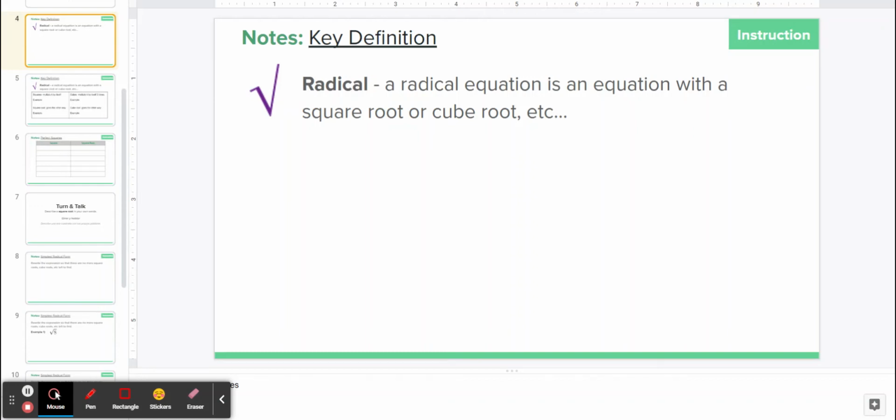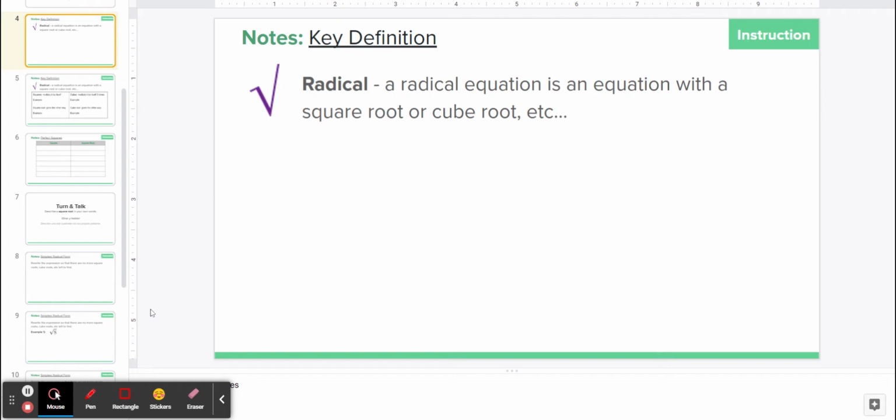For today's lesson, we're talking about radicals. Another term that you might have heard for these are roots. And let's just start today with our notes and getting this key definition down. So go ahead and pause your screen and copy it. But a radical equation is an equation with a square root or cube root, etc. And that etc. implies that we can go up to fourth root, fifth root, sixth root, any number we can